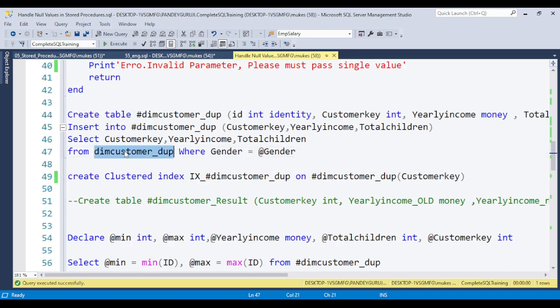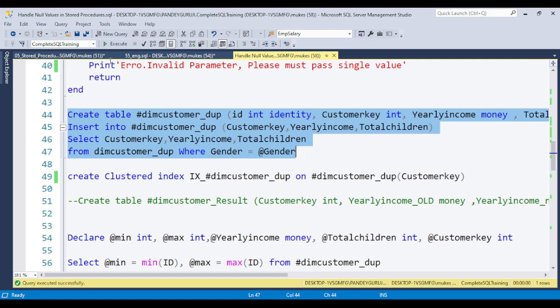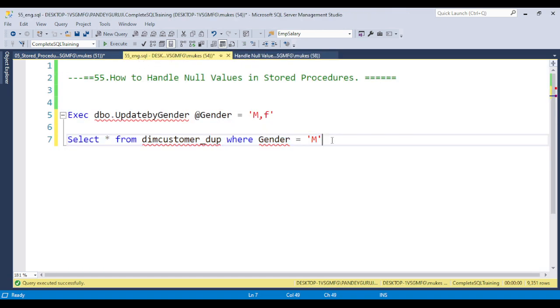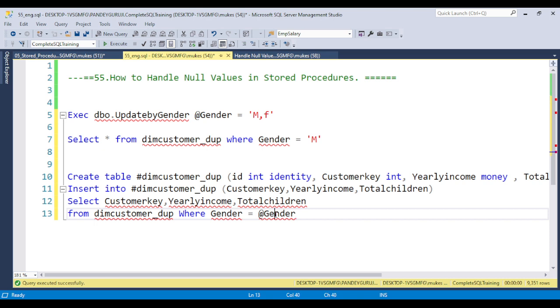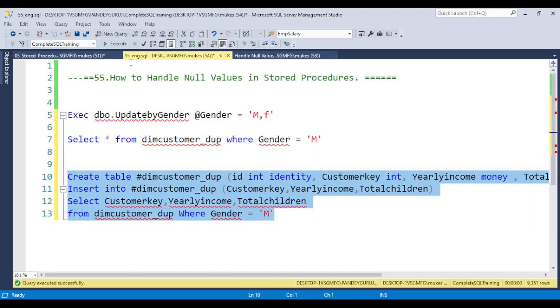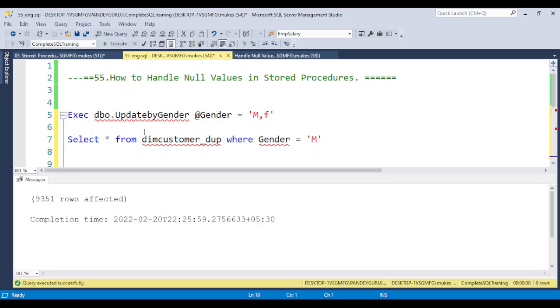So all the data will be stored into this temp table. If you create this type of temp table outside and pass gender equal to male, all the data will be stored into this temp table.